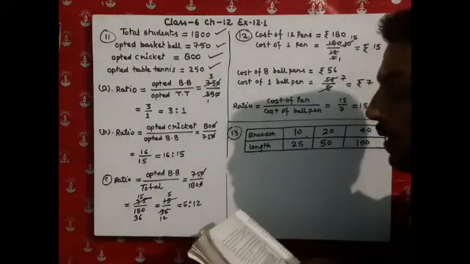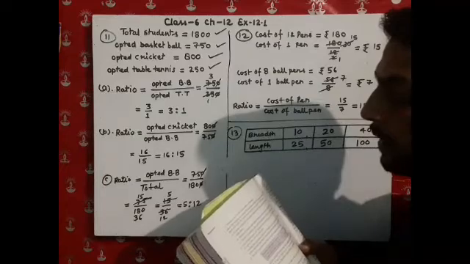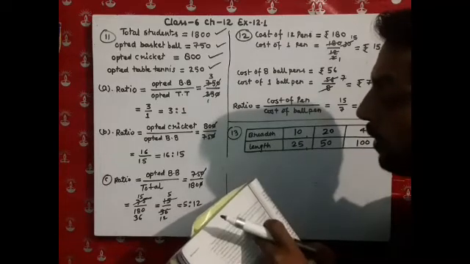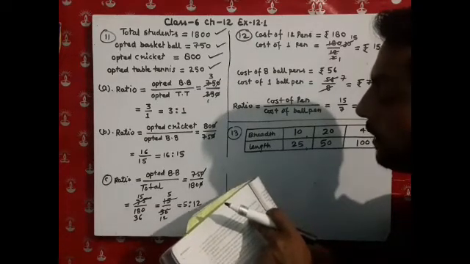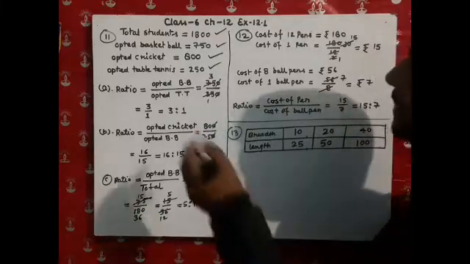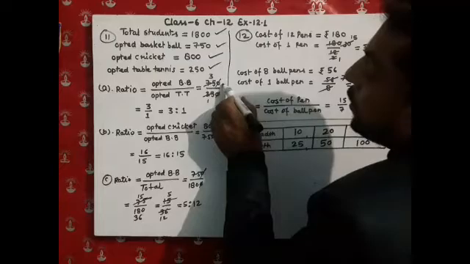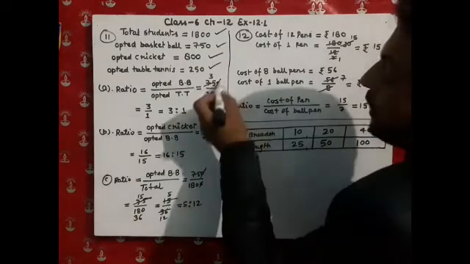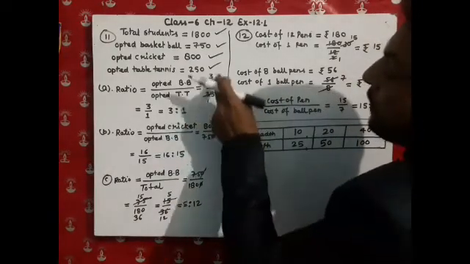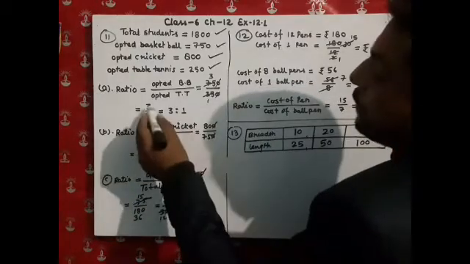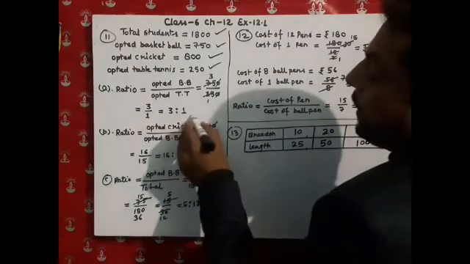Now we have to find out option A. Part A asks for the number of students who opted for basketball to the number of students who opted for table tennis. So here the ratio becomes opted basketball upon opted table tennis. So 750 upon 250. Now 0 0 cancel. 25 1 ja 25, 25 3 ja 75. So the ratio will be 3:1.